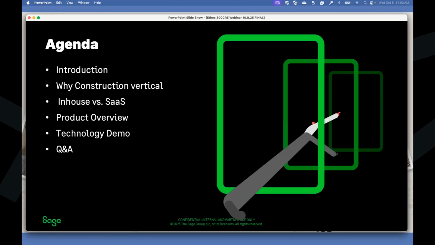We'll dive into that. And then my colleague and counterpart on today's show is Denise, who will drive us through the actual tool, and we'll see what that looks like from a production environment. And then we'll close out with Q&A, but as Mike stated, if you have questions throughout, feel free to drop them in the chat there.